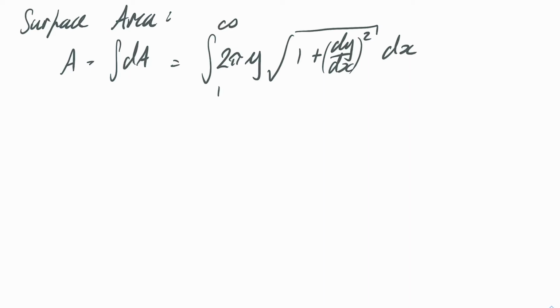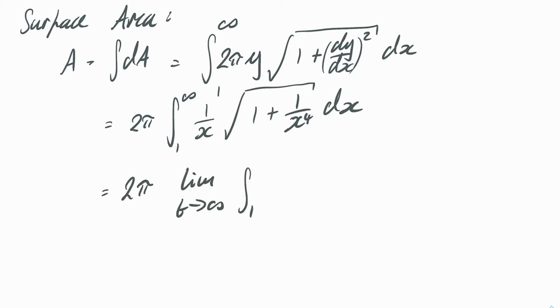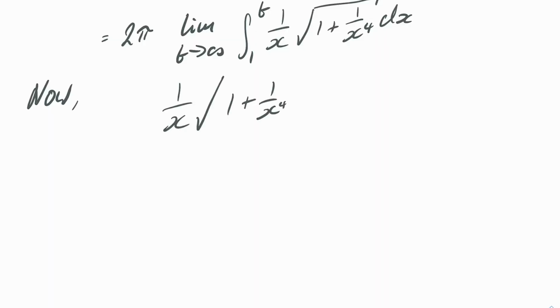We can only do the integral once all the y as a function of x is substituted, so let's do that first. y is just 1 over x. dy by dx is minus 1 over x squared, so when we square it we have 1 over x to the 4. So we have an integral up to infinity written as a limit as t tends to infinity. We cannot do this integral analytically, unfortunately, but we can evaluate this limit as follows. The integrand, 1 over x times the square root of 1 plus x to the 4,